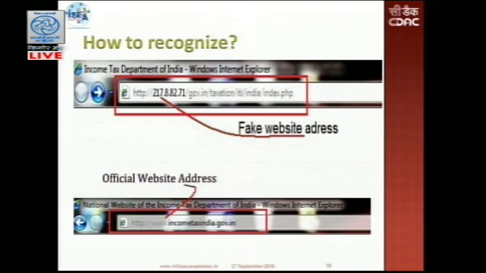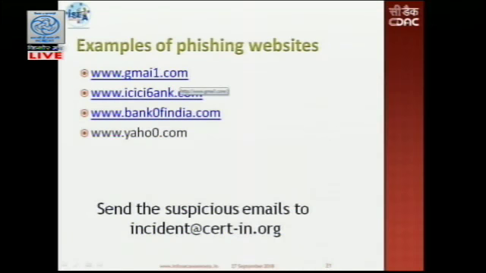Now, there are also some phishing attacks where they disguise the URL with a different one. As you can see here, examples of phishing websites. The first one is gmail.com. Is it gmail.com? If you observe properly, the L has been replaced with 1. If the same link comes to you on your mobile, it will be very difficult for you to differentiate